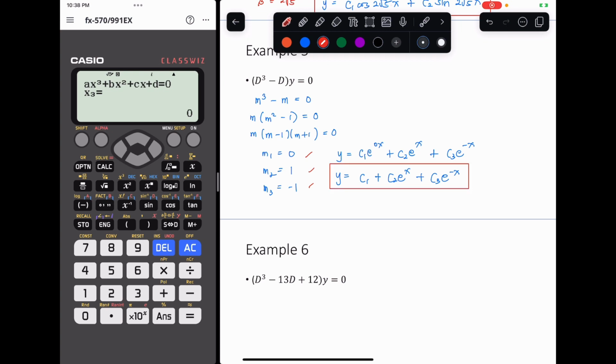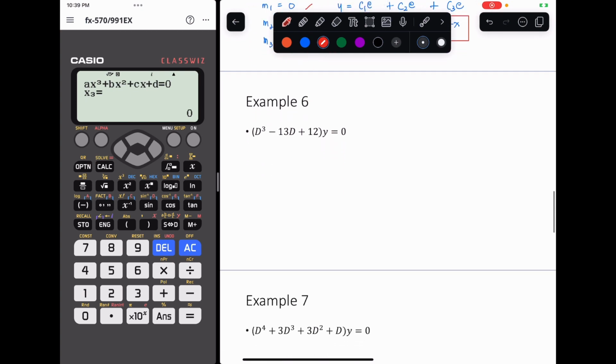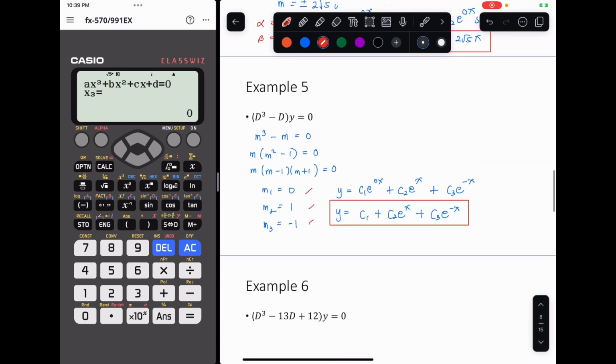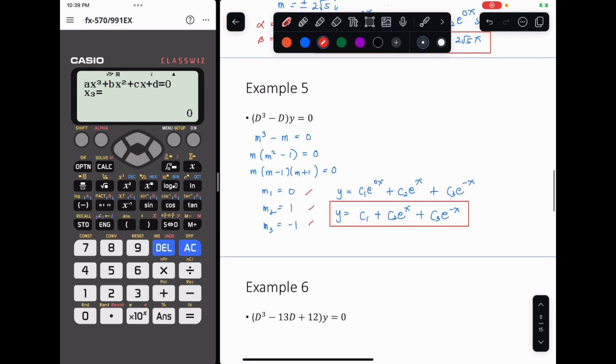So that would be our final solution. So this is simpler, okay? We just need to know how to factor it out. So for example number 5, it's easier because